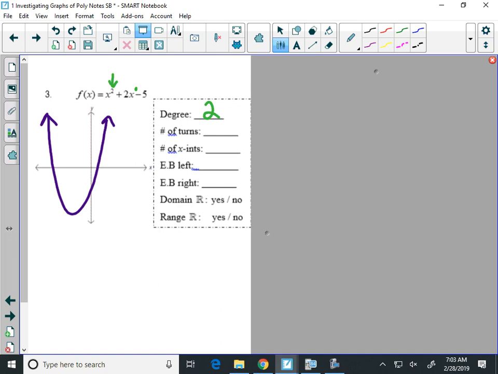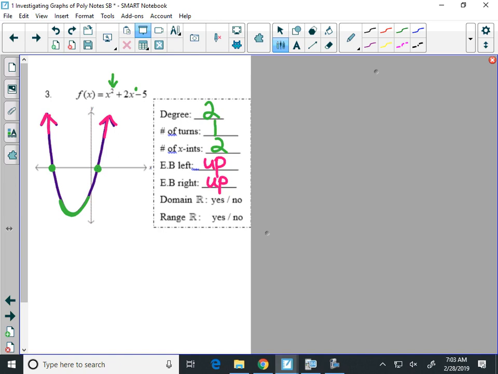The number of turns, how many times does this graph change direction? Well, it looks like I only turn 1 time on this graph. My number of x-intercepts, looks like I crossed the axis twice. Okay, let's talk about end behavior. End behavior on the left. The left arrow here is pointing up, and it also looks like the right arrow is pointing up to positive